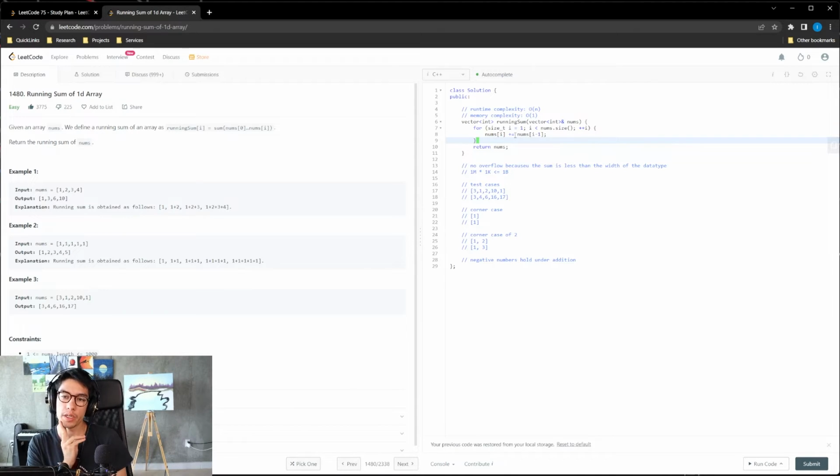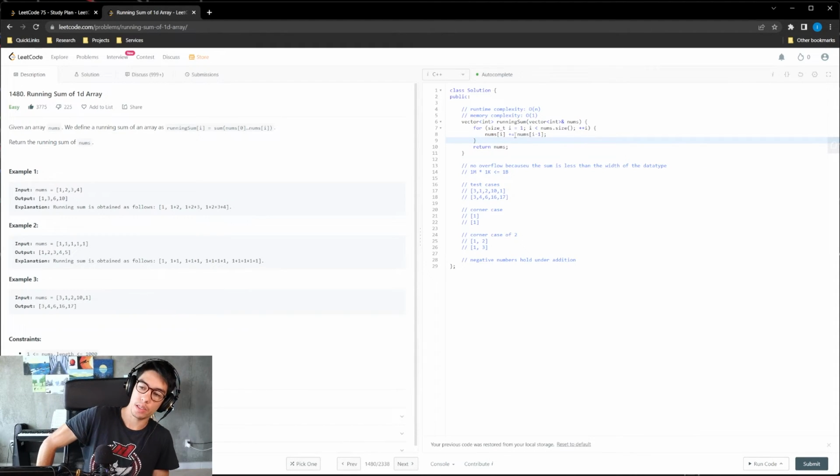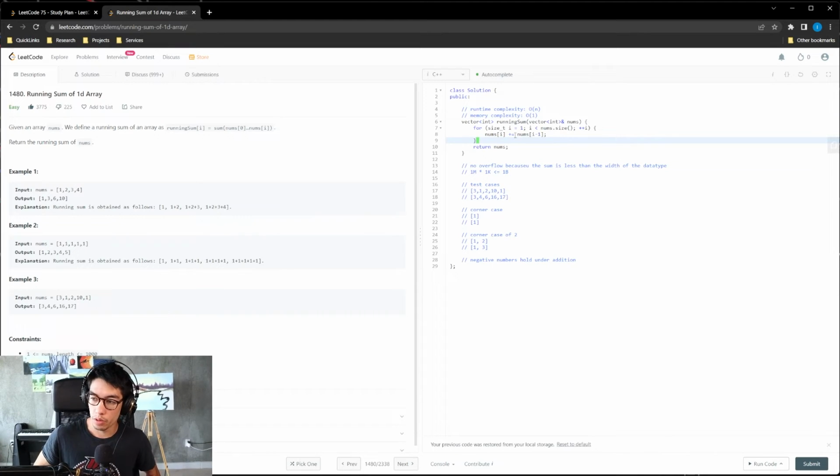But in terms of a business problem, if you were doing this in real life, how would we do anything different? It seems like a pretty good approach for small data sets, right? You just linearly run over the data set. It doesn't take extra memory, and then you return the thing that you already had in memory, but manipulated such that it has the running sum.